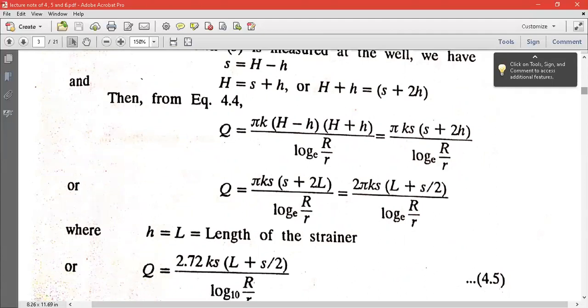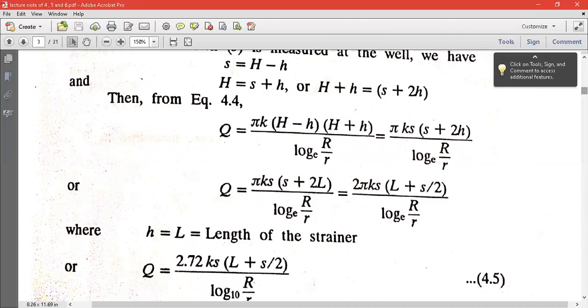Why am I deriving this formula? Because our objective is not the deduction of the formula, but when you forget this formula while solving the problem, if you have the basic deduction part clear, then automatically you can recapitulate it. The formula will automatically be in your memory, just like L plus s by 2 or s. So if the deduction part is clear, you won't forget the basic formula in future. That is the basic criterion that I am going to say.